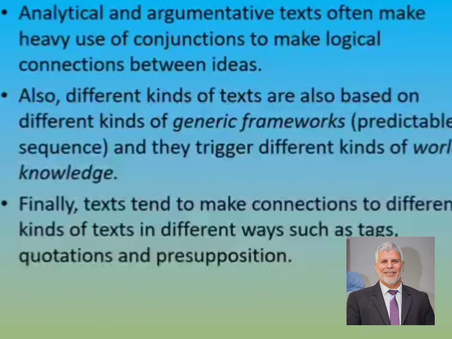We have mentioned something about intertextuality as a component of texture in the text. So as you can see here, texts tend to make connections to different kinds of texts in different ways, such as tags, hashtags, for example, in Facebook, in Telegram, in Snapchat, and so on. You are familiar with social media and you use hashtags a lot. Quotations and presuppositions. We have mentioned that any text can have links to other texts by, for example, quoting other people's words,